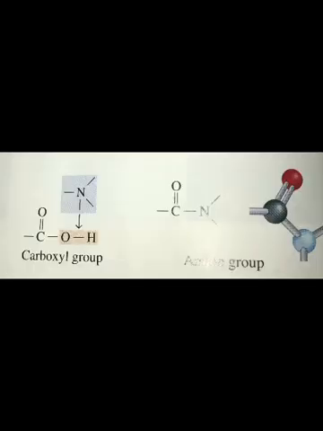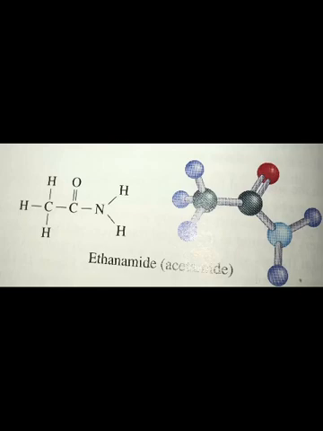Our last and amazing subtopic is the organic compounds derived from carboxylic acids. Several classes of organic compounds have structures in which the OH group of a carboxylic acid is replaced. Then we have an amide. This is an organic compound in which the OH group of a carboxylic